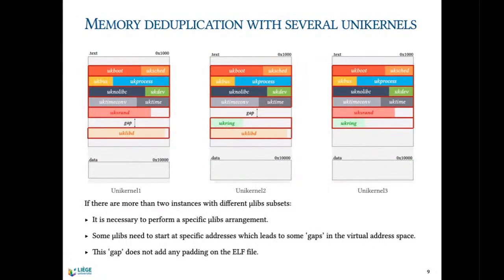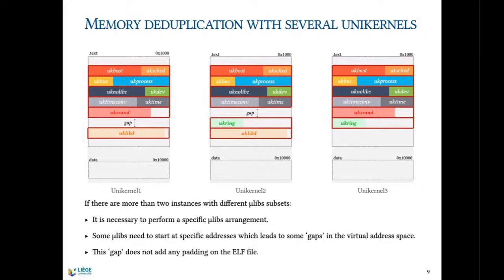As I said before, when there are more than two unikernel instances which use different sets of microlibs, it is a bit more complex. Indeed, if some microlibs are only common to a subset of instances, it is necessary to align them to specific addresses. By using these specific addresses, it will create some gaps in the virtual memory space. So, for example,